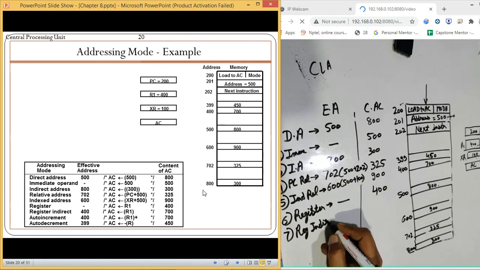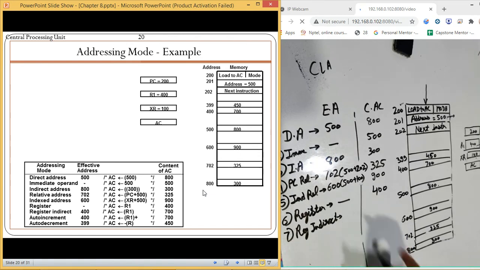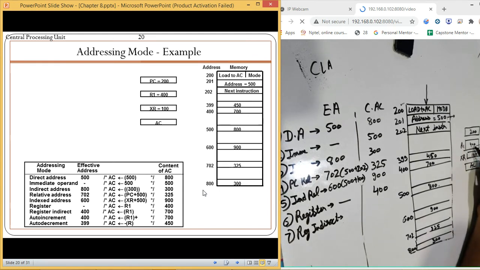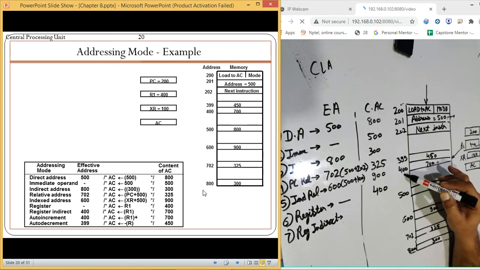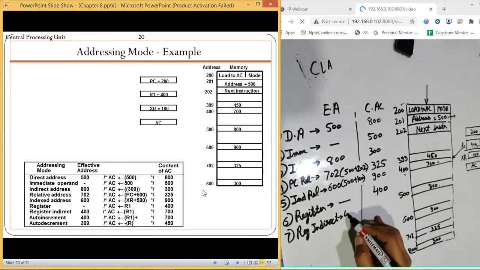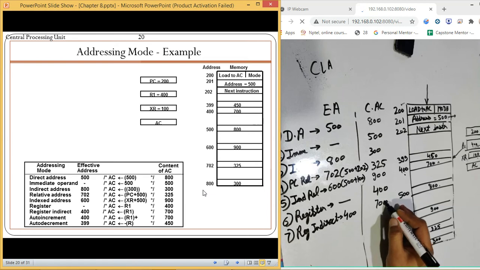After this, the seventh type of address is register indirect. Now, as I said, this is a very less used type of address mode. What we are going to do is, at this place the value given is 400. We will jump to 400 from this place. Firstly the address is given for the register, and then from this place we get the content of 400 and check at this place. This is my actual operand now. What is the effective address? 400. So in register indirect, 400 will be my effective address and 700 will be my content.